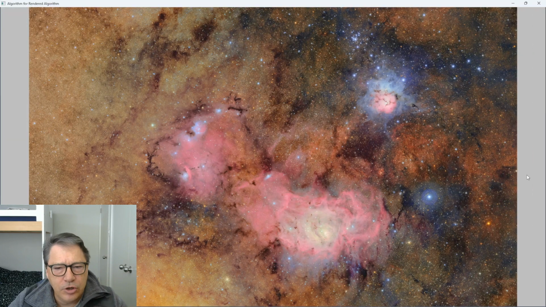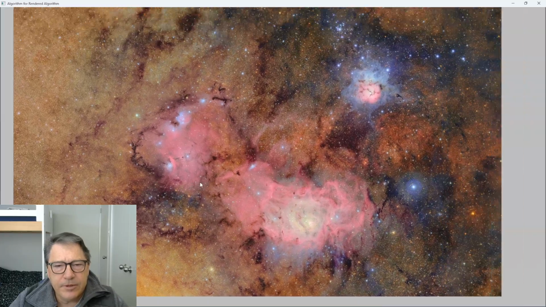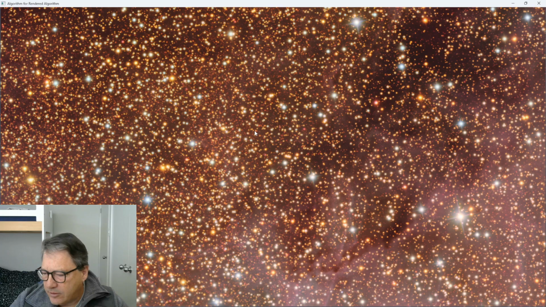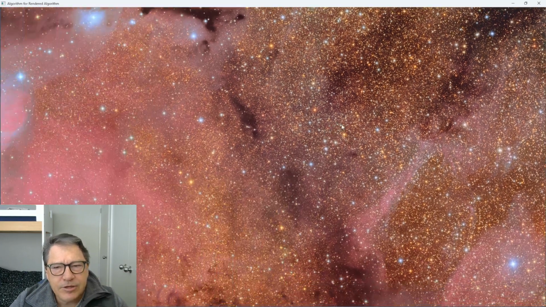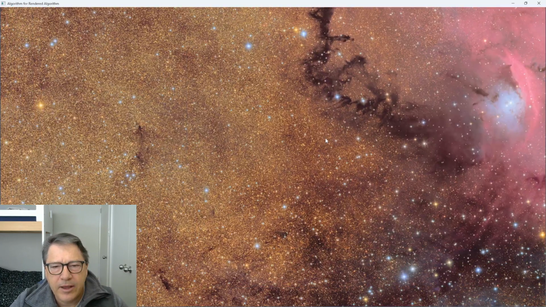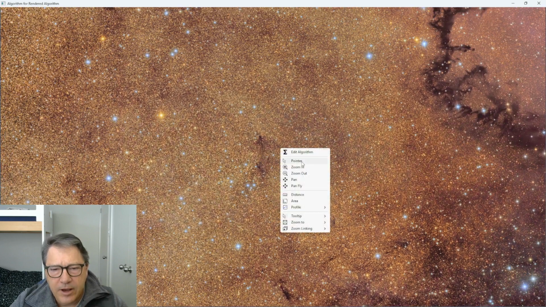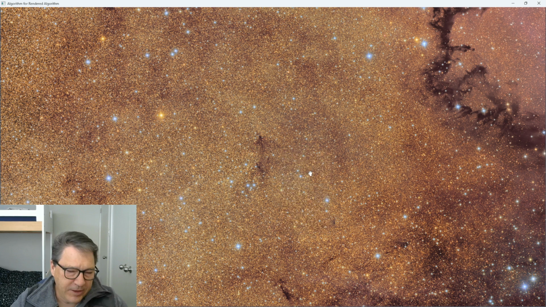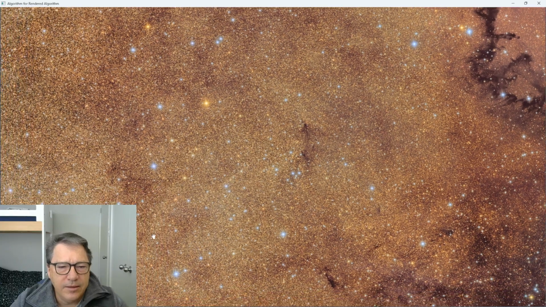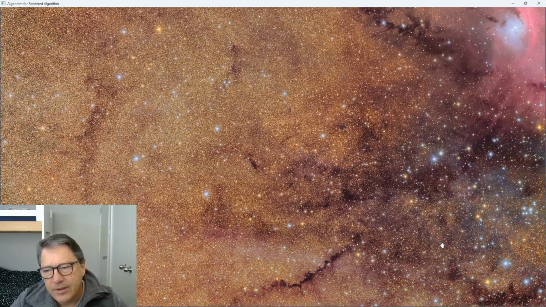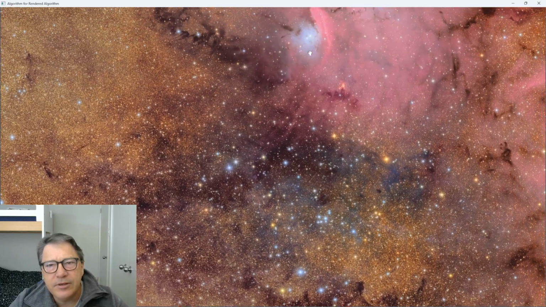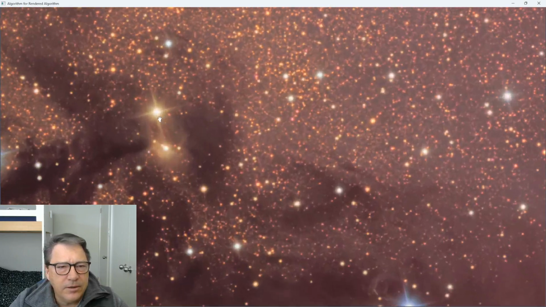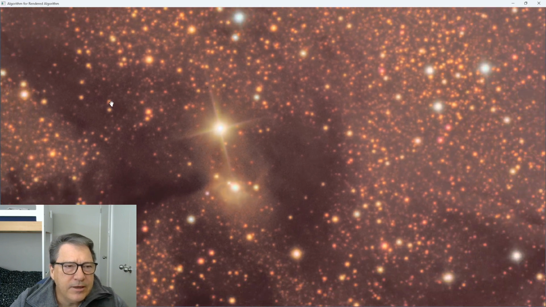Once you've got the image, you want a nice big monitor with nice high resolution. You can zoom in by rolling the mouse wheel and just click and drag to pan around, or you can right click, and there are various other modes. So for example, hit the pan fly mode, and now hit the control key and it will pan around in the direction that you push the mouse, and you can still roll the mouse wheel to zoom in and out